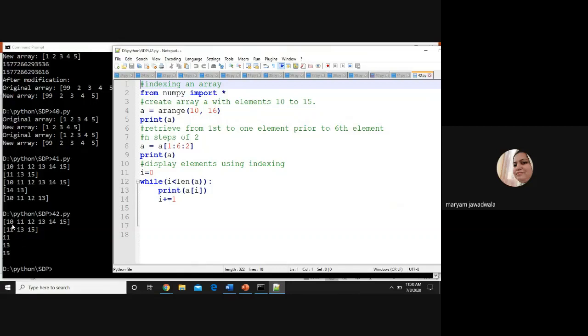Is 3 now, 1 2 3, not 6, because I am applying slicing operation first and then printing the value using indexing concept. Okay, hope you understand this.